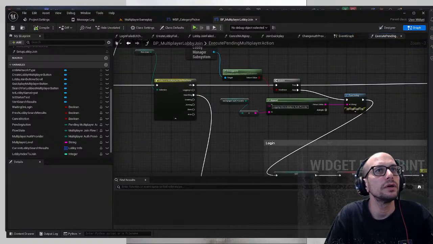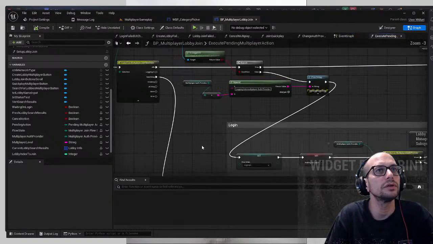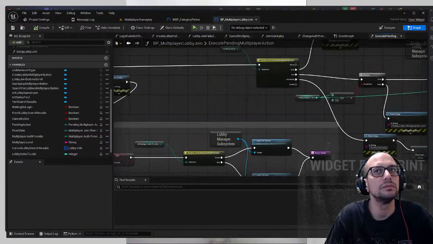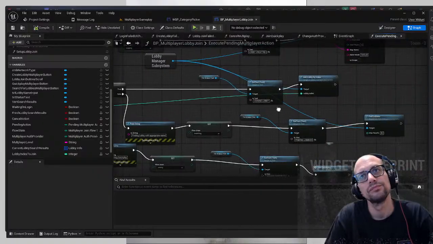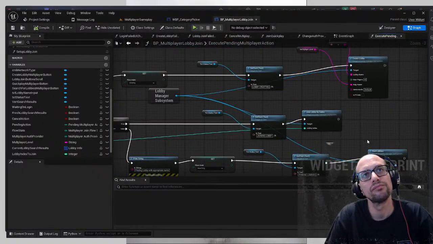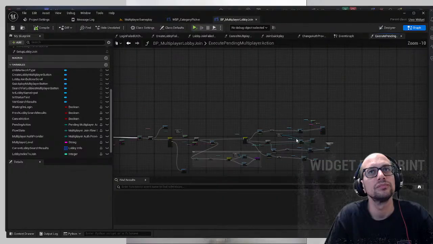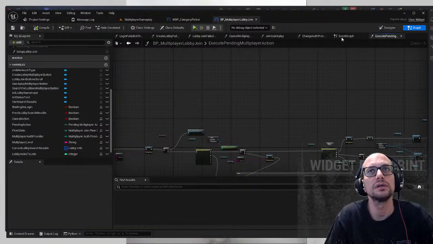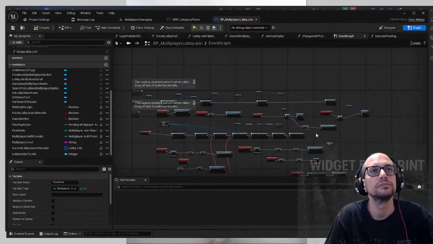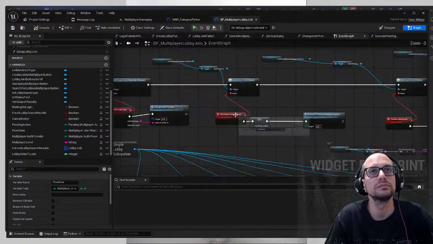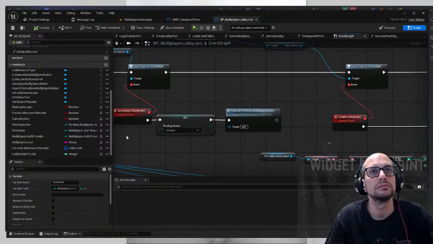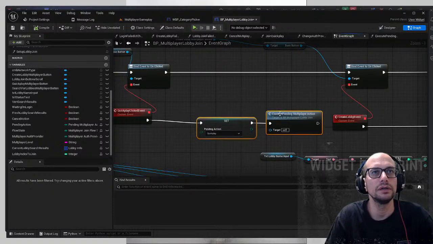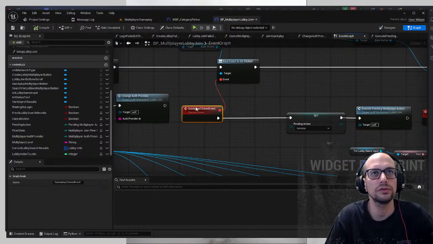Execute pending multiplayer action. Set flow state to searching. Okay, so if it does not, let's just set my flow state to idle on both of these others, just so that I can